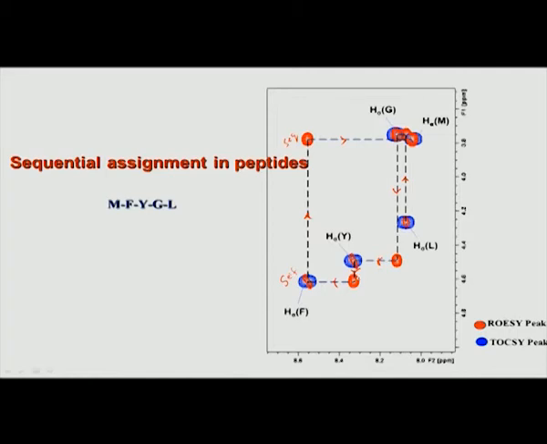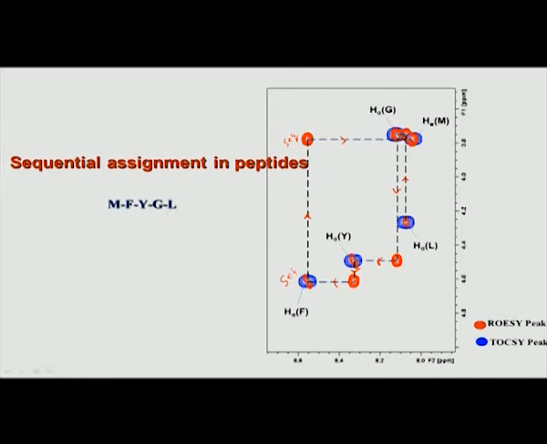You can see in this case I am getting the same, here also the same, and here also. Now with this information, how do I start the assignment? Typically we start from an arbitrary spin system, whichever you like. Let us say we start from a simple glycine, because suppose I do not know which amino acids are which peak, but glycines are easy to identify because they have a characteristic single peak, and that can be the starting point. So, let us say I start from the glycine.